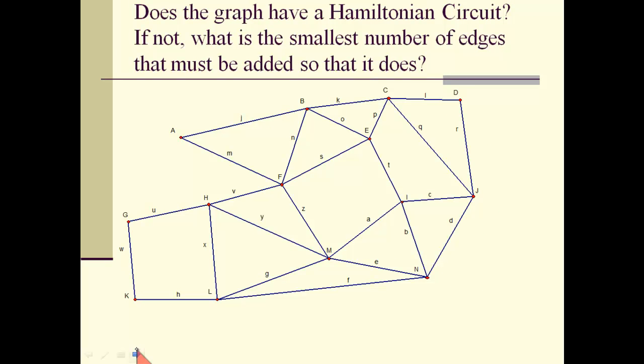What about this one? Hamiltonian circuit? If not, how many edges might you have to add? Well, let's see. Let's start here at vertex A again. By the way, it doesn't matter where you start, right? Because you're going around to visit every vertex anyway, and so once you have a circuit that starts at vertex A, you could just trace it around but begin at vertex B and trace the same circuit. If I start at vertex A and go to B,